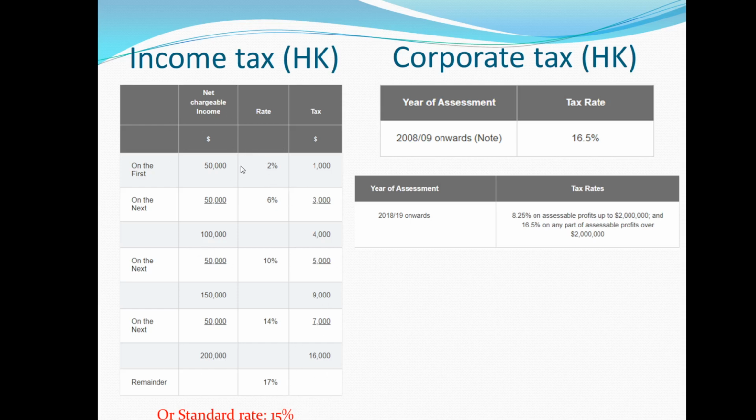Because here you will get some buffer, here you will get some buffer, and here you will get some buffer. But when you pass a certain income level, then think about this logically. Then the 15%, the proportional tax system, will actually give you a cheaper tax expense. You can try. Do some math, and you will see.